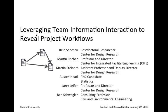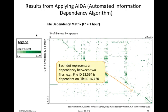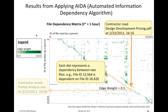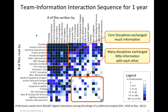We can harness a lot of data from the files that people write to, for example, online collaboration systems like Bentley ProjectWise, and we can then analyze who wrote what information and who used what information when. All of this information is available, so we can create this kind of chart, in this case for a local healthcare project for 1 year, where we saw over 400,000 digital interactions,